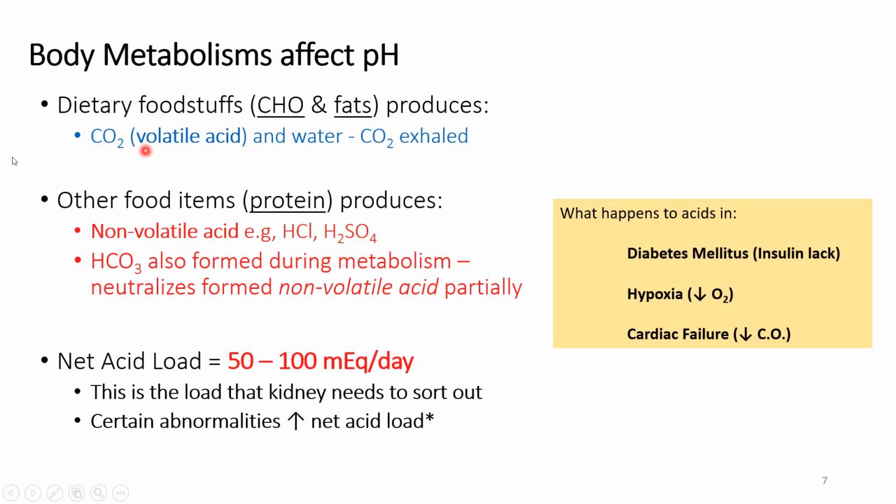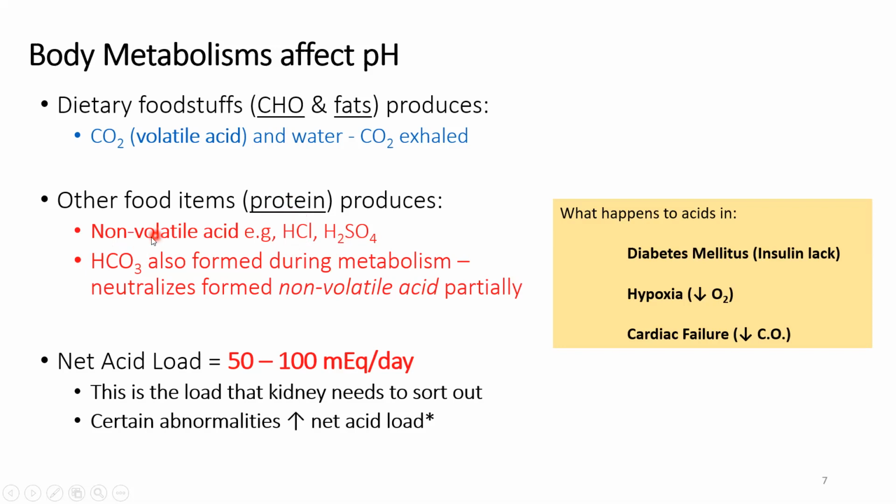Carbon dioxide, as you may remember from your chemistry classes, is called a volatile acid because you can, well, literally exhale it. Okay, so no problems there. The respiratory system is used here to remove the volatile acid that is formed from carbohydrates and fats. And water is not a problem. Now, other food items, that is mainly protein. These are the three main dietary forms, isn't it? Carbohydrate, fats, and proteins. The proteins are different in the sense that they produce non-volatile or fixed acid, like HCl